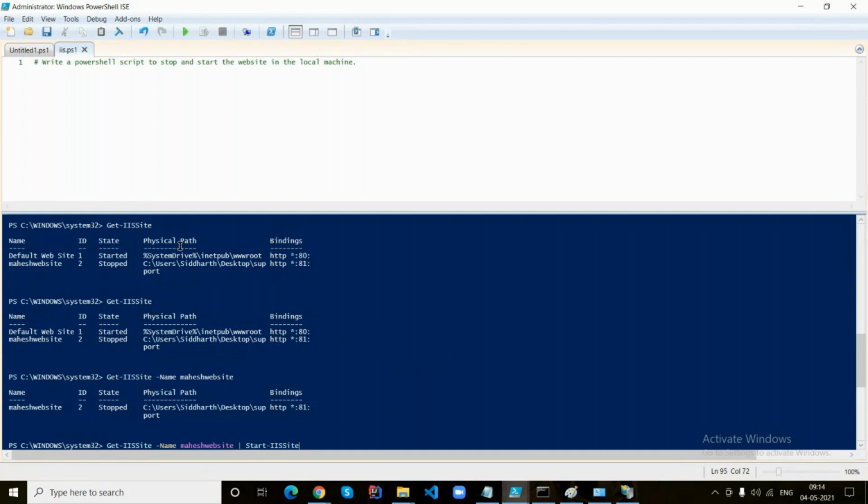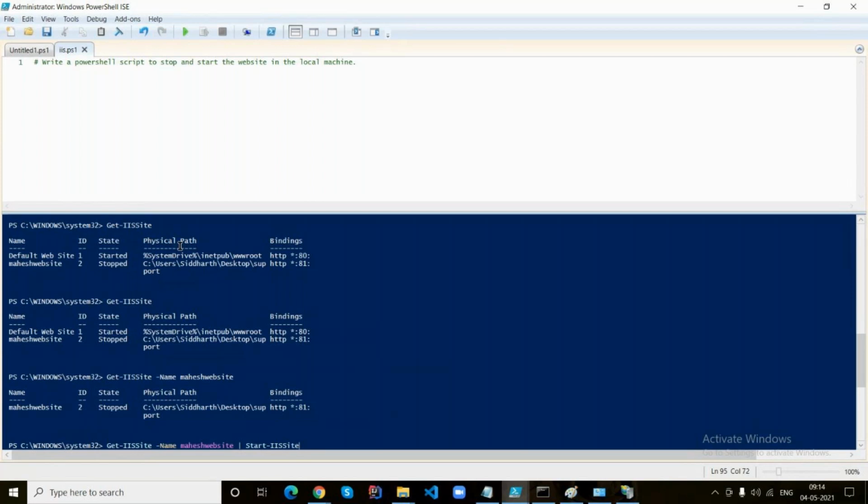To execute multiple commandlets at the same time, by passing the output of one commandlet as the input to a different commandlet, we will use a feature called piping in PowerShell.